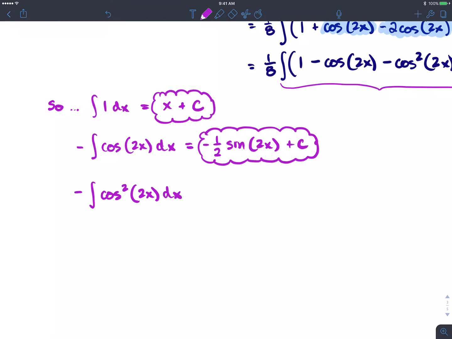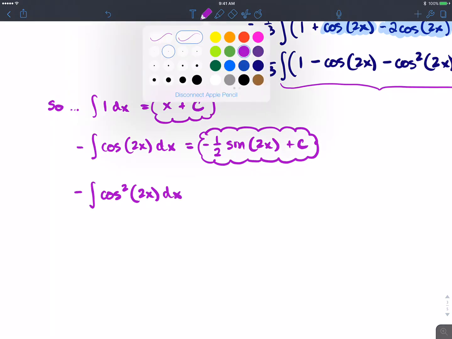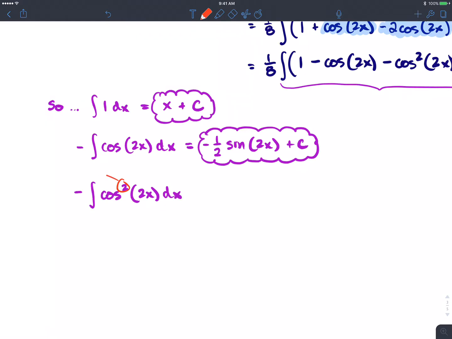Now let's think about this. We are integrating a sine or a cosine, in this case a cosine, with an even power. We just talked about this at the start of the problem. So since this is an even power, we talked about the idea of using the power reducing identity. So that's what we're going to do here, use the power reducing identity and rewrite this